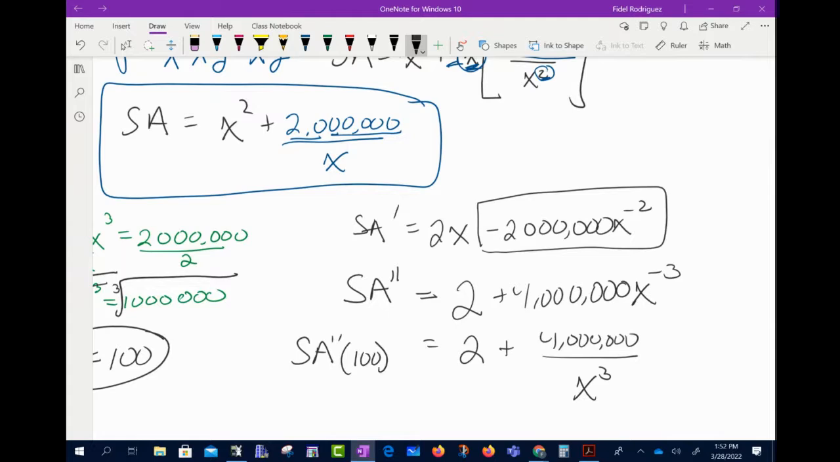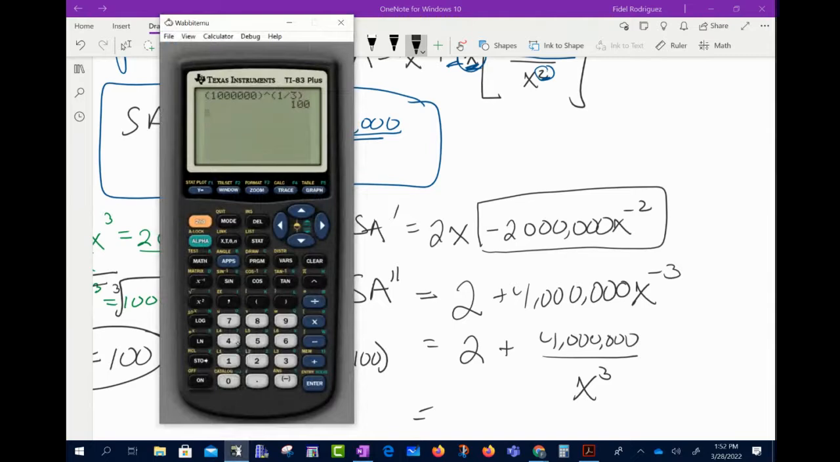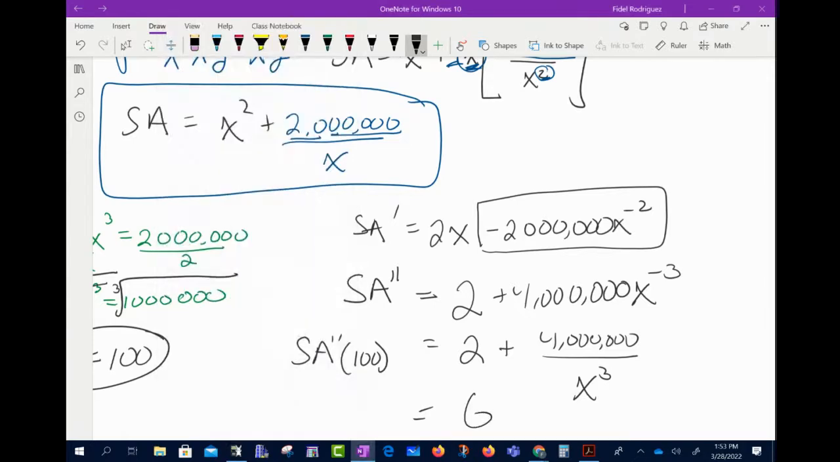What are we going to do now? We're going to evaluate this at 100. So remember what that means. All that means is that everywhere I have an x, I'm going to plug in what number now? 100. Okay, right? All right, so let's do this. So let's do the first part. Let's do the 4 million, 1, 2, 3, 4, 5, 6, divided by 100 raised to the third, and that's 4 plus 2 is 6. Okay, so when we found the second derivative of the surface area at 100, we came up with